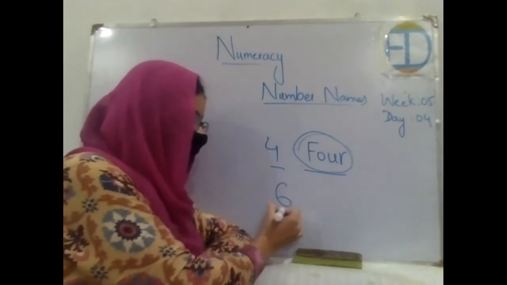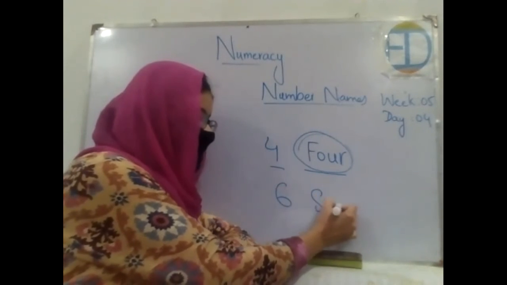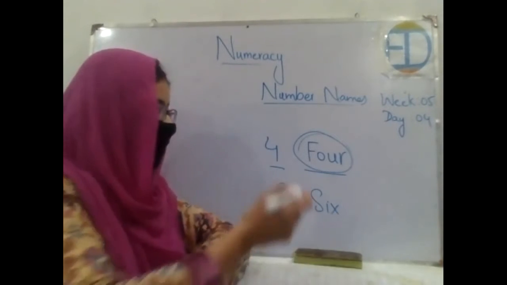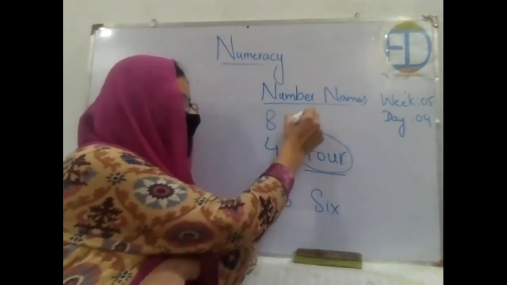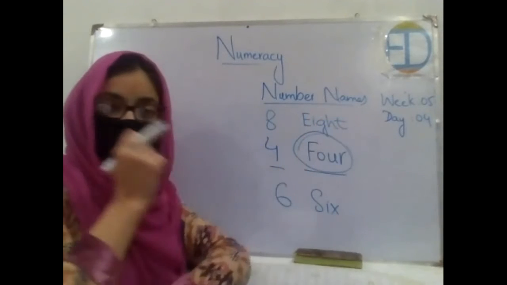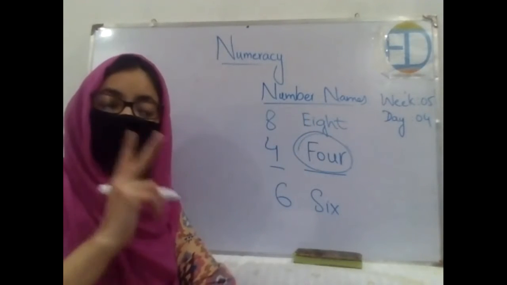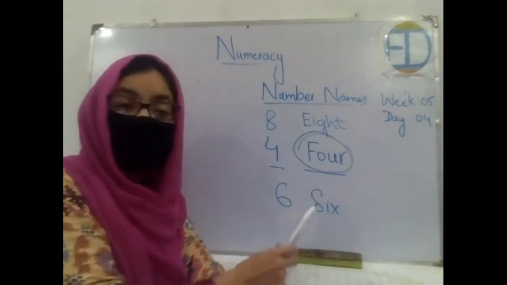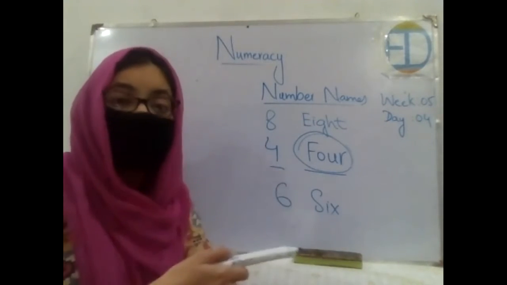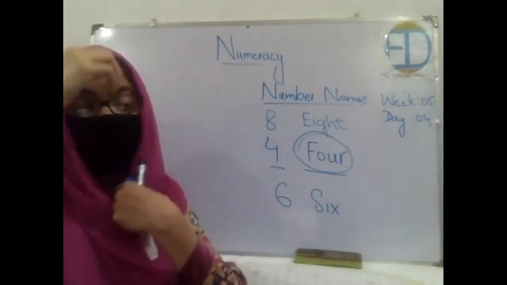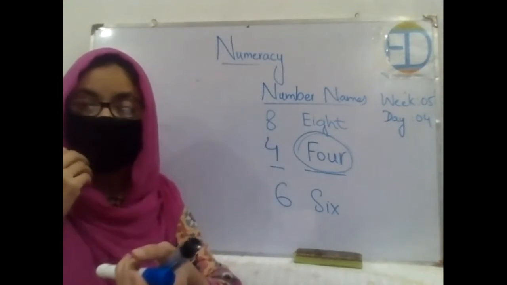Similarly, this is a digit, and the name of this digit is 6, and the spelling is SIX 6. Similarly, the digit is 8, and its name is EIGHT 8, right? So we can write numbers in two forms, and it is important to know their names and to learn their spellings as well, right? Because we are supposed to write them in many ways, or to practice them in many ways in our life.